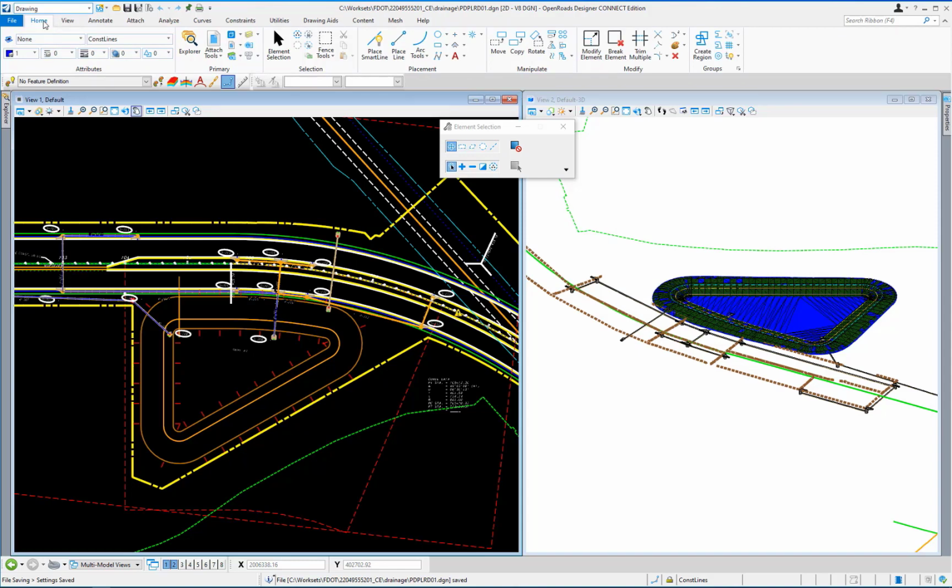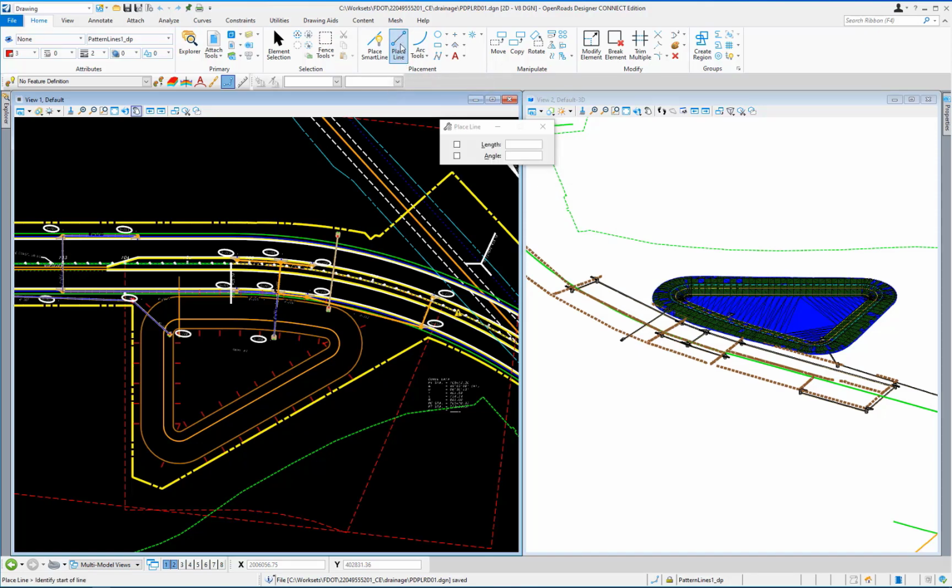In the Attributes group, left-click on the Active Level drop-down and choose Pattern Lines 1 underbar DP from the list. In order to make it easier to draw the pond section pattern lines, it will be necessary to draw a line starting at the center of the pond control shape and extending toward the bottom left of the screen at about a 45-degree angle. Start by left-clicking on the Placeline tool from the Placement group.